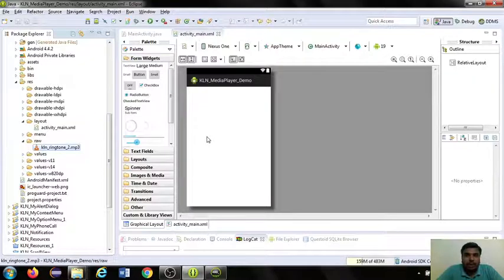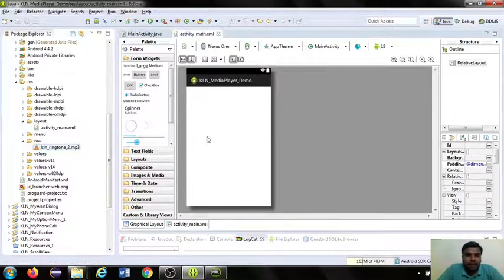We know that the play button will always play the audio song from the beginning. The pause button will make the media player pause at the current time. Again, if you click the pause button, it will make the audio file play from the last current time. Then your stop button will entirely stop the media player. Once the stop button is pressed and you click the play button, it will again play from the beginning of the file, the beginning of the timeline.